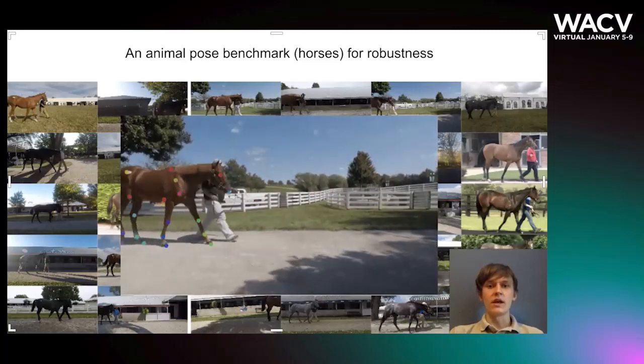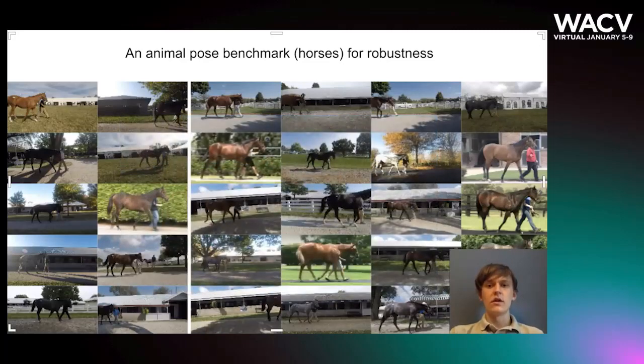We split up Horse 10 into two different sets. 10 horses are set aside as within-domain data. The other 20 horses are set aside as out-of-domain data. One can train a model on the within-domain horses and evaluate how that model performs on the out-of-domain horses that were not seen during training.